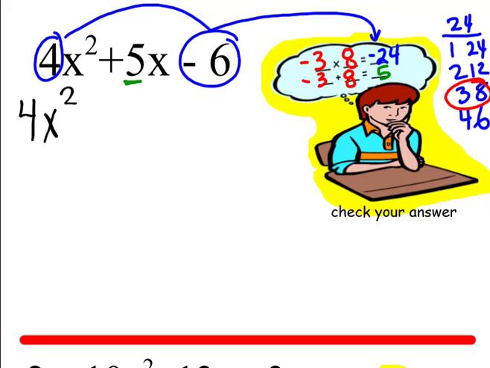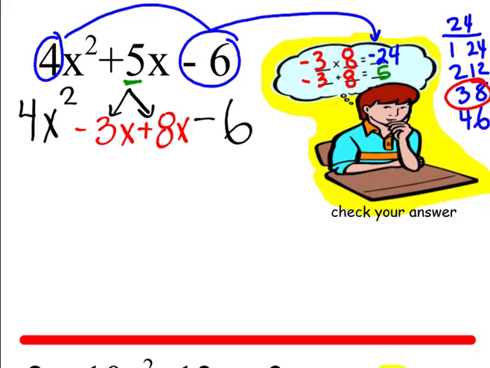We rewrite the same expression. I'm going to write the beginning and the end here, and we decompose or break down that middle term into 2 terms. I'm going to use the numbers, this negative 3, and I'm going to put the x beside it. So I'm going to break down that 5x and call it negative 3x plus 8x, because negative 3x plus 8x is 5x. I didn't change anything. All I did was break it down into 2 terms, and what we're going to see is we're going to be able to look at those 2 terms